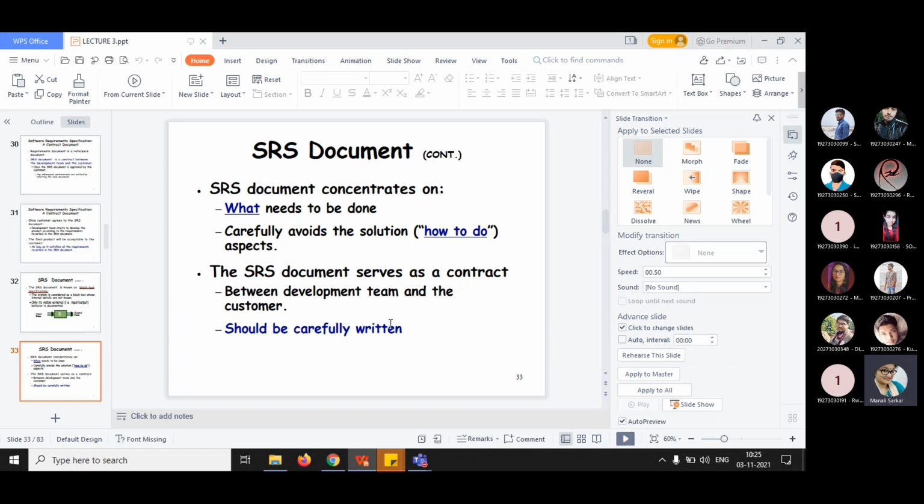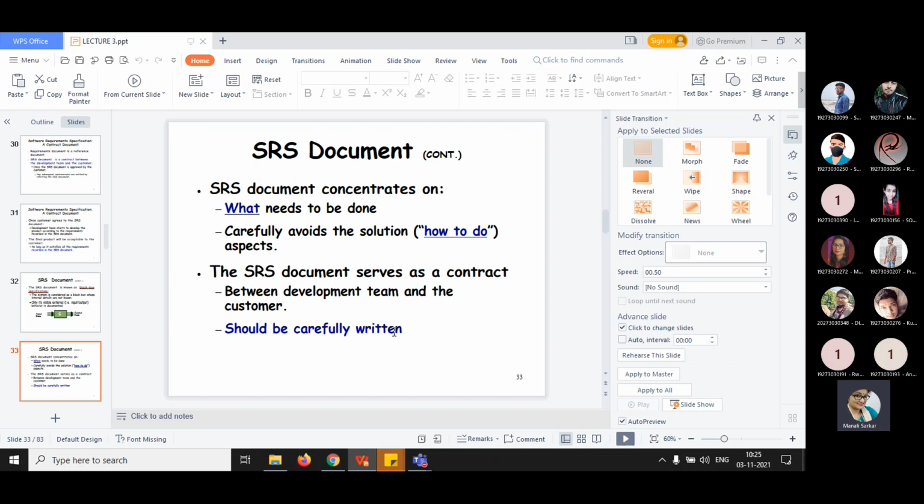So it should be carefully written, because if whatever you are writing does not match the customer's requirements, then the customer will not sign it, and if the customer denies, then your whole work will be in vain, because you are giving your time and effort to develop that document. So it should be carefully written.